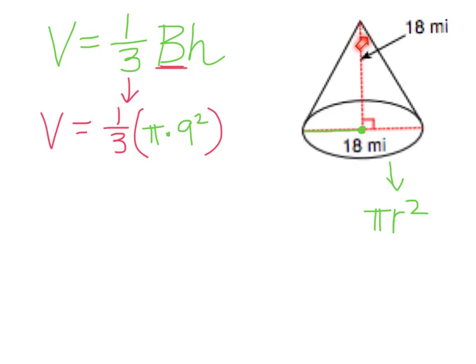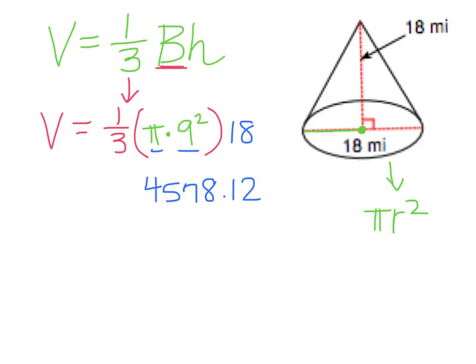The height goes from the point in the cone all the way down to the middle, and it looks like the height is 18. Okay, so now I'm going to type this in. I'm going to do this part first. Pi times 9 squared. Okay, you can do it on a calculator too if you have one. And then I'm going to times it by 18. So when I work that out, I get